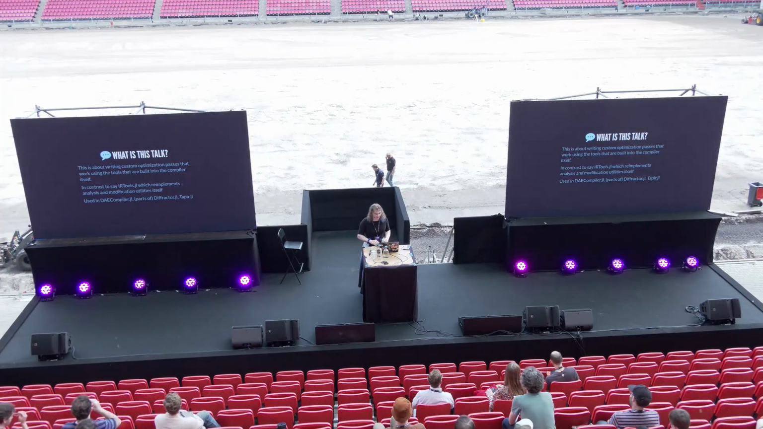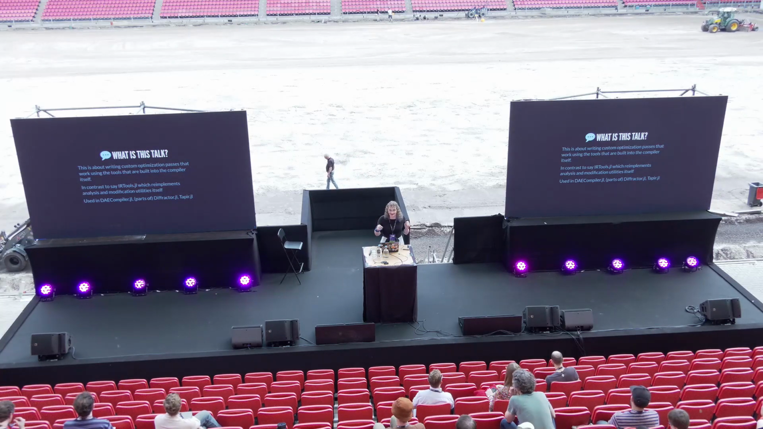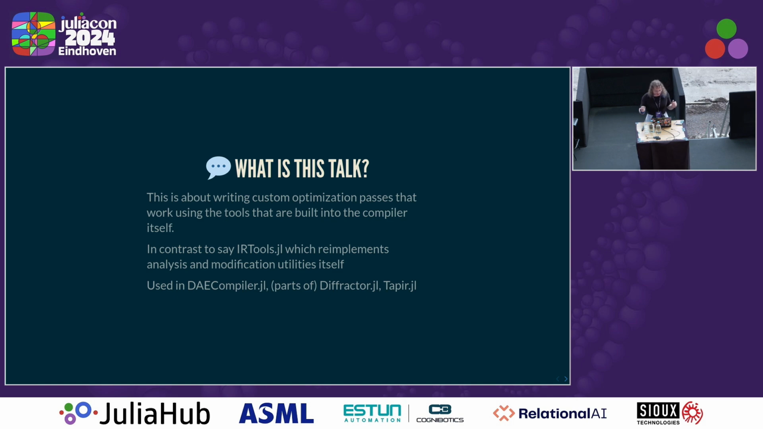What is this talk? So this talk is about writing custom optimization passes in the same way that Julia itself does optimization passes. This is in contrast to something like IRTools or even Cassette, which is re-implementing a lot of the analysis and modification utilities itself. We're going to reuse all the stuff that the compiler itself has built in to do it,